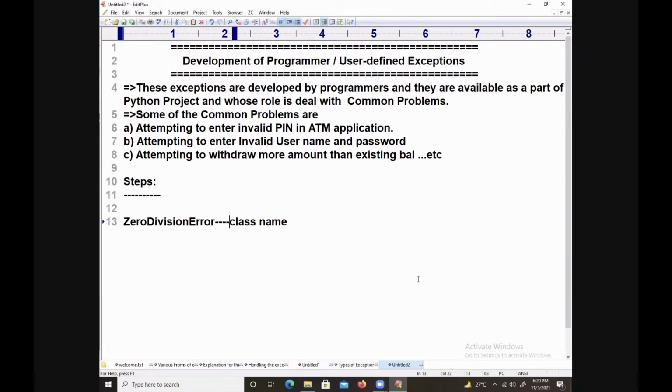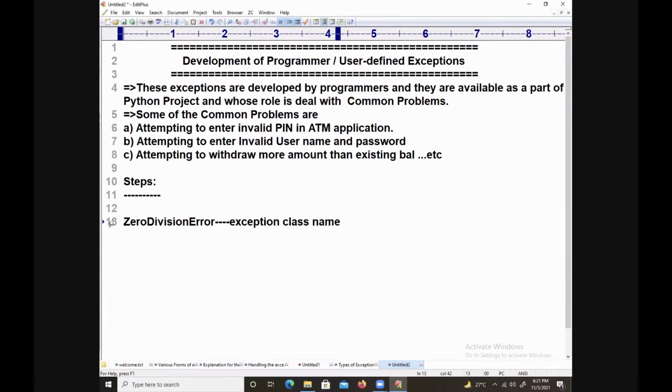That too, it is an exception class name. Zero division error is one of the exception class names. Very perfect.